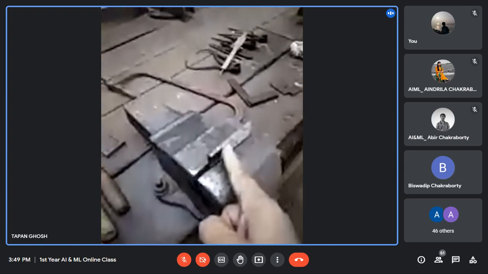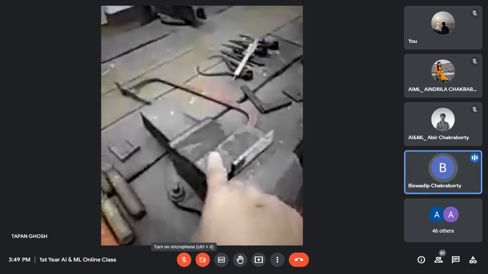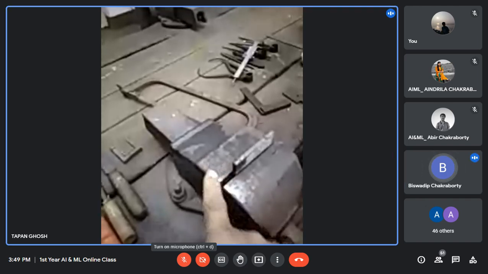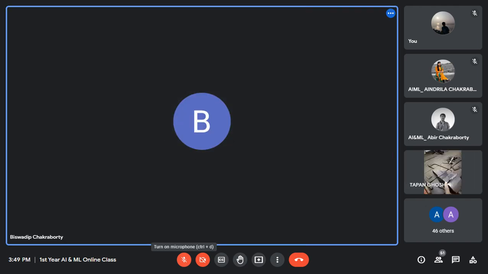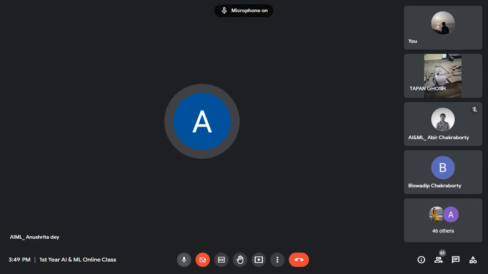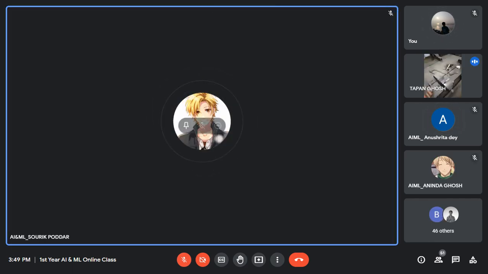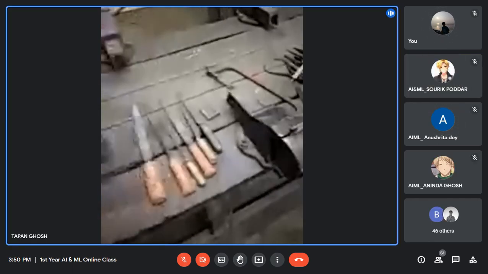This is the job. The job is held by the two jaws, held tightly with the vice, and the upper face is parallel to the jaw. Can you see this? Yes, sir. Okay, then I will show you.